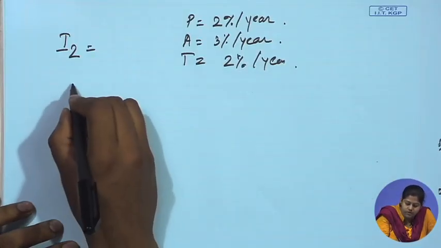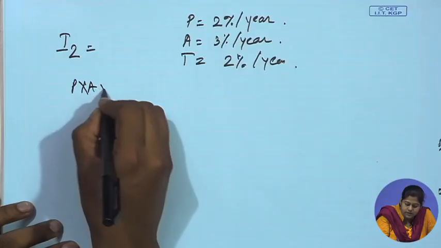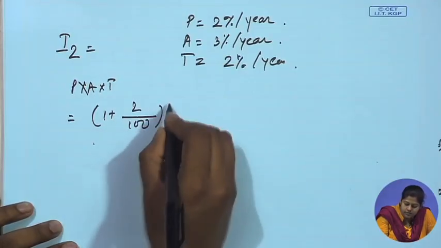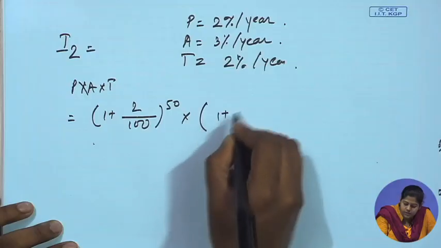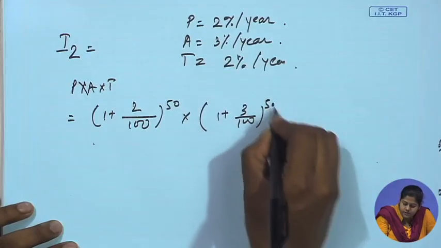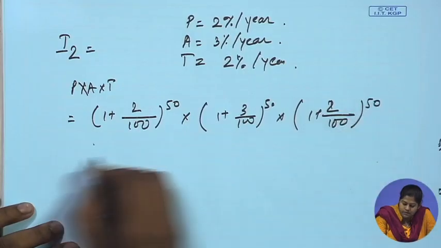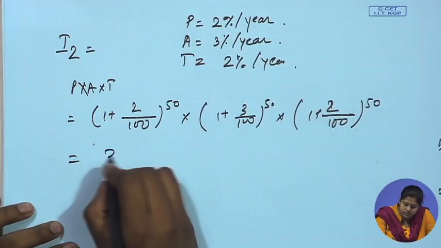So now our I2 will be P into A into T: 1 plus 2 by 100 to the power 50, into 1 plus 3 by 100 to the power 50, into 1 plus 2 by 100 to the power 50. If you calculate this, it will be